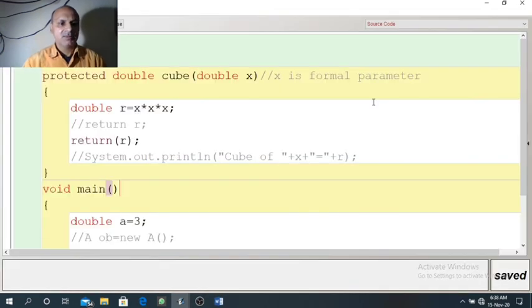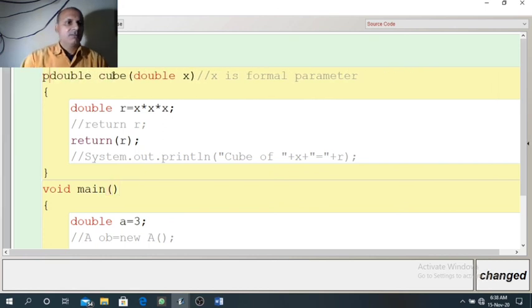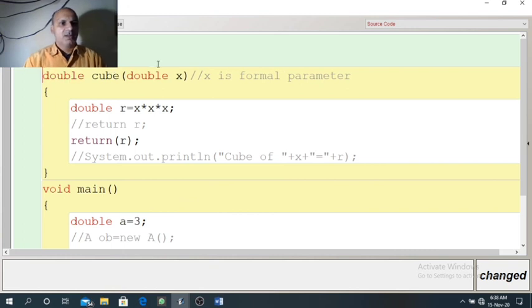We will see a simple example here. Class A has two methods, cube and main.